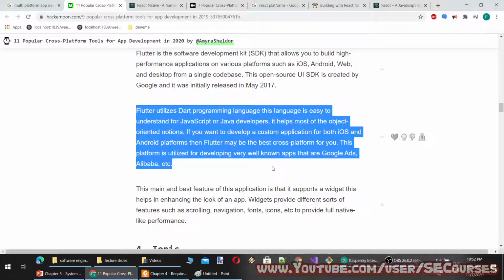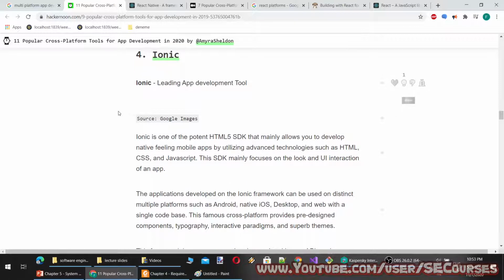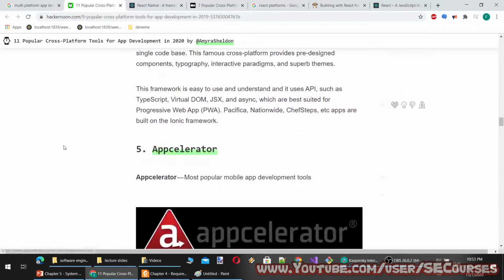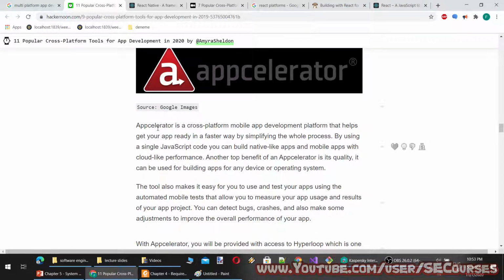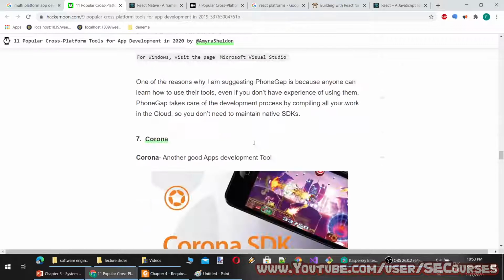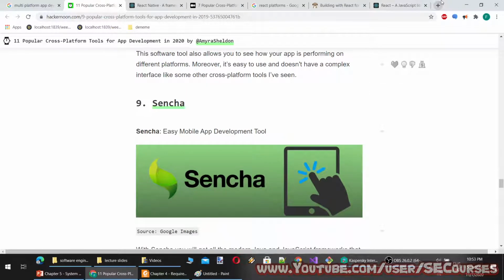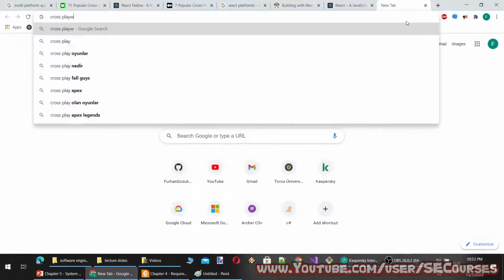If you want to develop a custom application for both iOS and Android platforms, then Flutter may be the best cross-platform choice for you. This platform is utilized for developing very well-known apps such as Google Ads, Alibaba, etc. Okay, there is also Ionic, Apple Selector, and such. I wonder if there is cross-platform